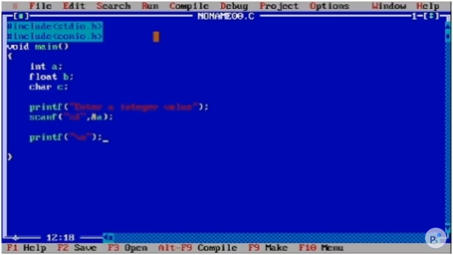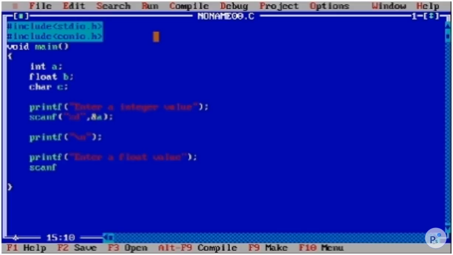It means it will move our cursor to the next line, nothing special. So we want to take a float value. Hey user, please enter a float value. So we will give a string, enter a float value.